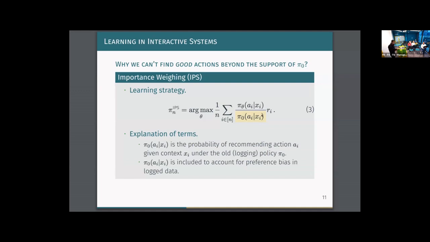We solve it by dividing by pi zero. We know that when we enter the room, we are in tech, so we already know that the proportion of men is higher than women. And just by taking this into account, we won't just calculate the average height, but the average height weighted by the fact that we have many more men than women in the room. And by doing this, we end up with a better estimator. This is exactly what we do here, because our data is very biased to the choices of the current recommender system. So we need to debias it by dividing by this pi zero. And so this is the estimator, and I hope it is kind of clear.